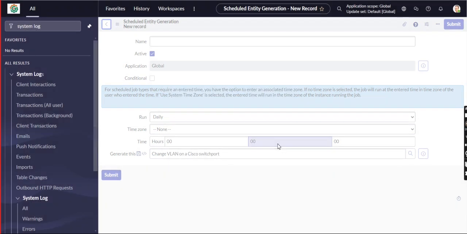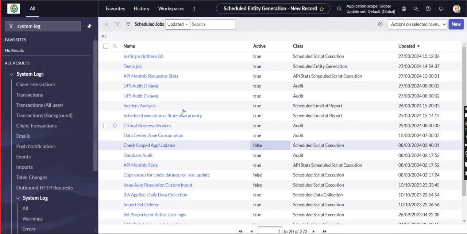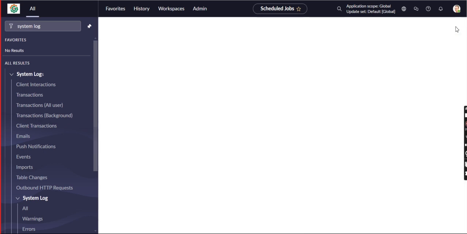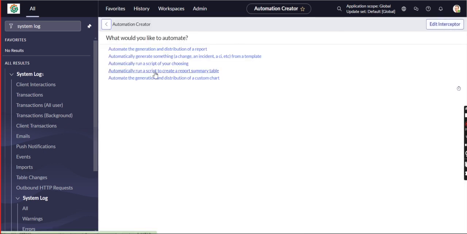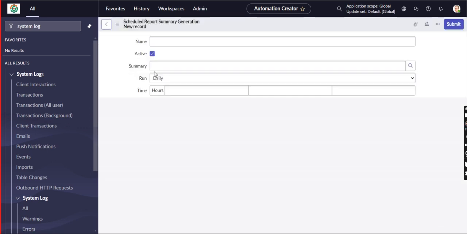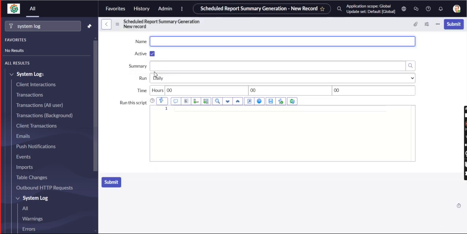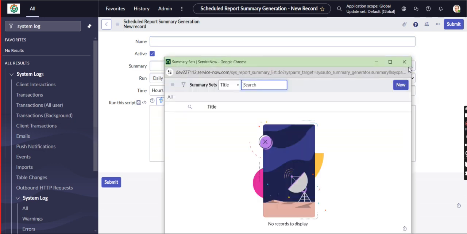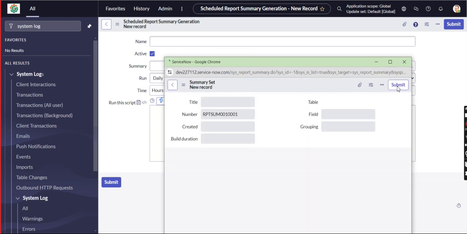Next, just have a look, there are some types already there. That is, automatically run a script to create the report on a summary table. So what is mentioned here in our summary table? Just have a look here. Title, member created, build duration, field and grouping table.